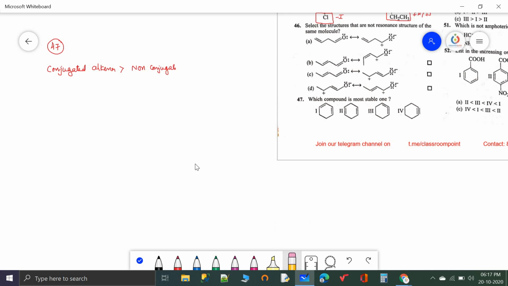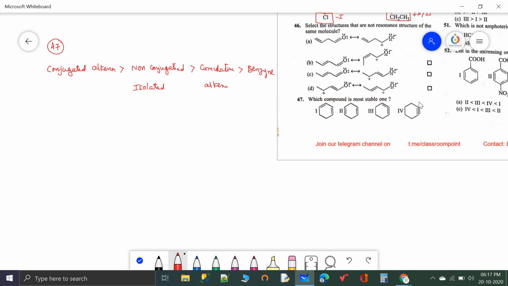Non-conjugated alkenes are also known as the isolated alkenes, which are more stable than the cumulative alkenes, which are more stable than the